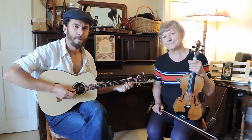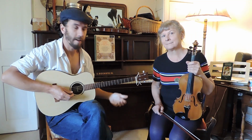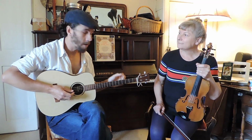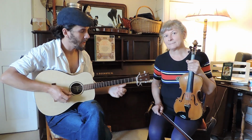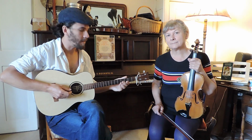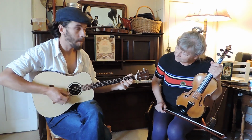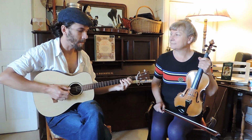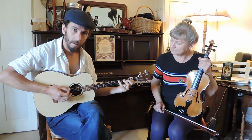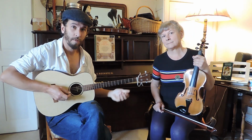So you will have noticed that when we first played this tune, we put a few more triplets and ornaments into it than when we broke it down. So I'm just going to show you a couple of points where you can put those in within the tune. So in the first part, it's kind of towards the end of the phrases, they're quite nice. So like this. And at the end of the next phrase, sort of halfway through it actually. And then in the second part of the tune,